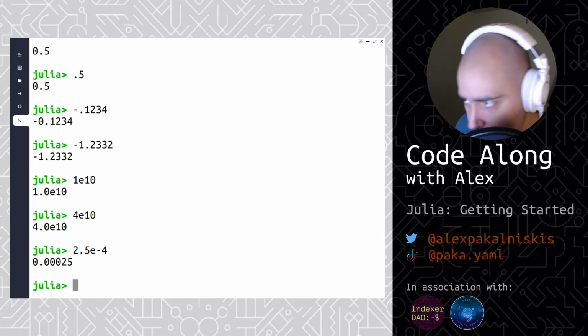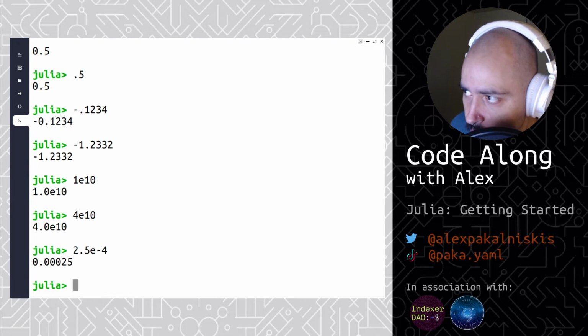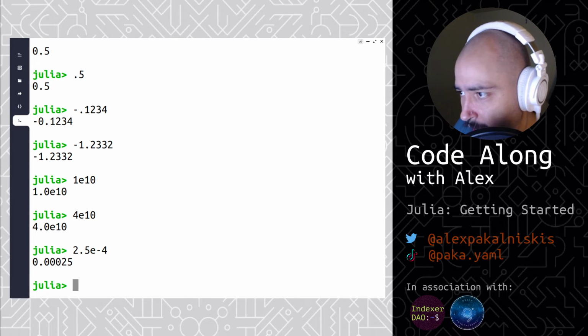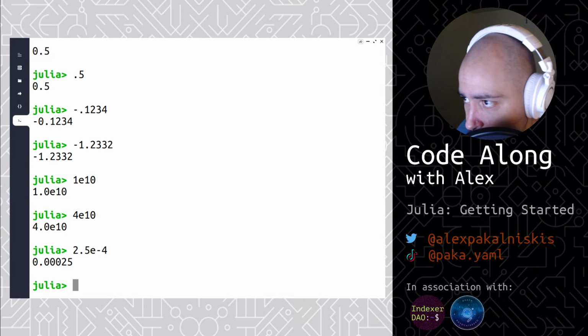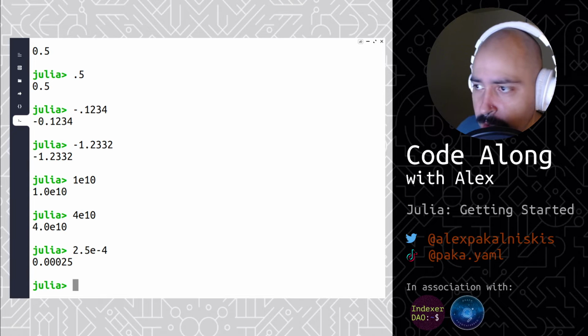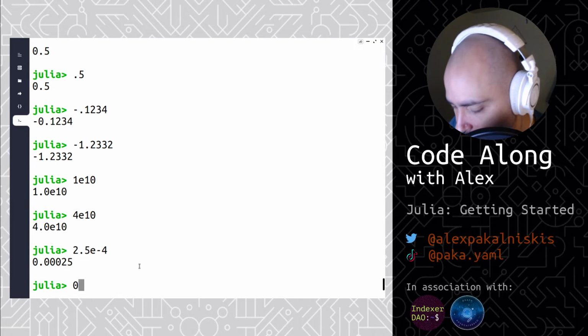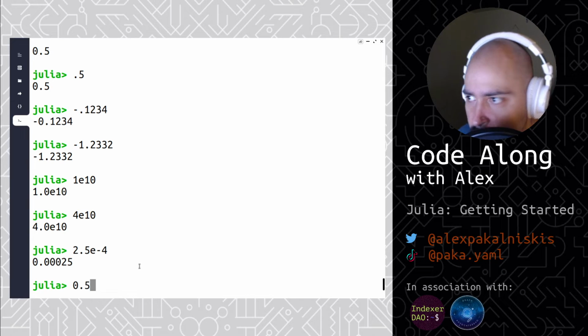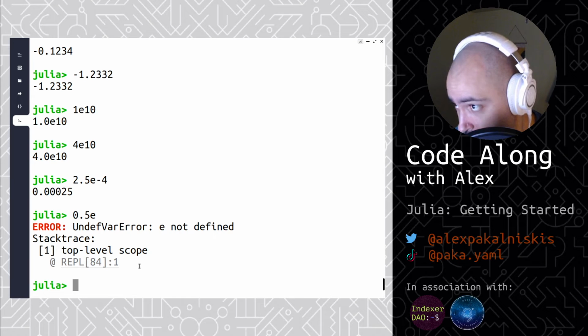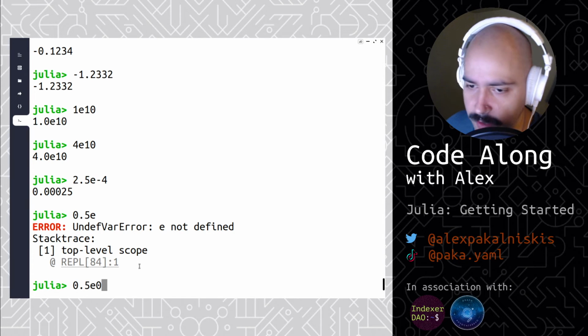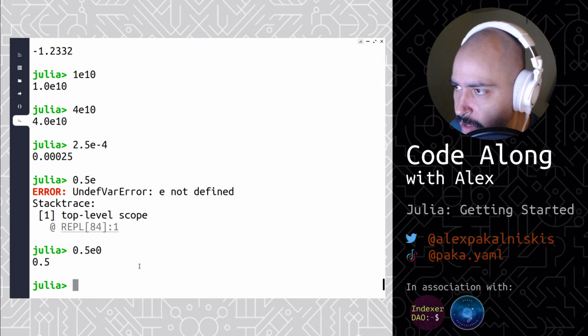And so these results were all Float64 values. And then literal Float32 values can be entered by passing an f in place of an e when you're doing scientific notation. So like if you did 0.5e, I guess that doesn't make any sense, or e0, that would just be 0.5. And then if you do 0.5f0,